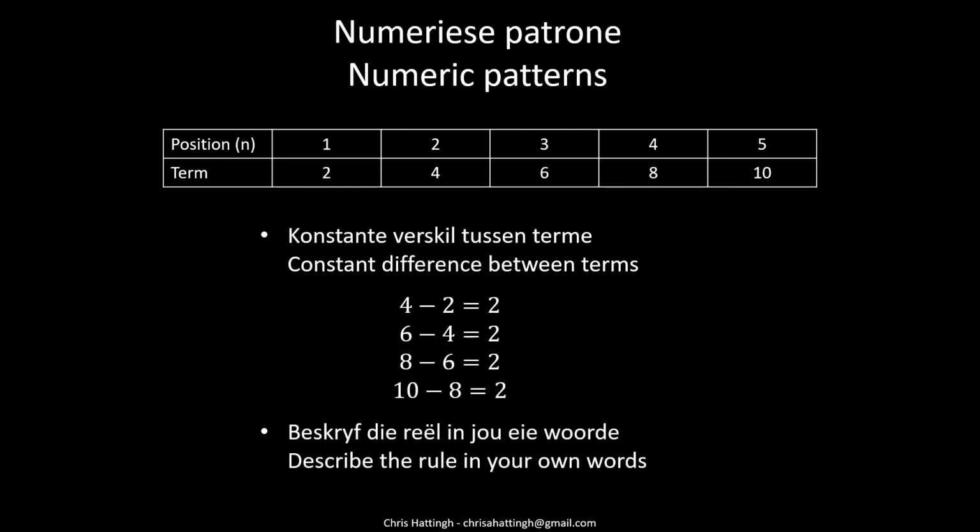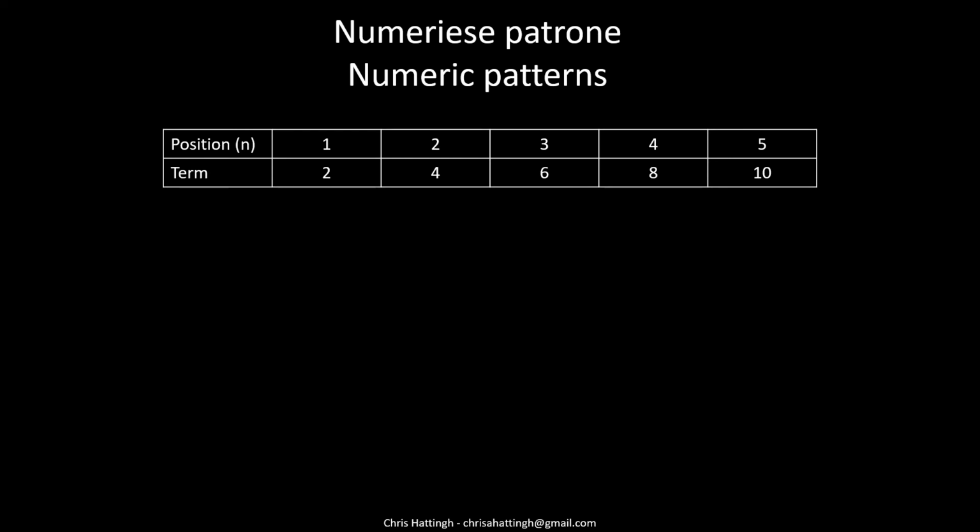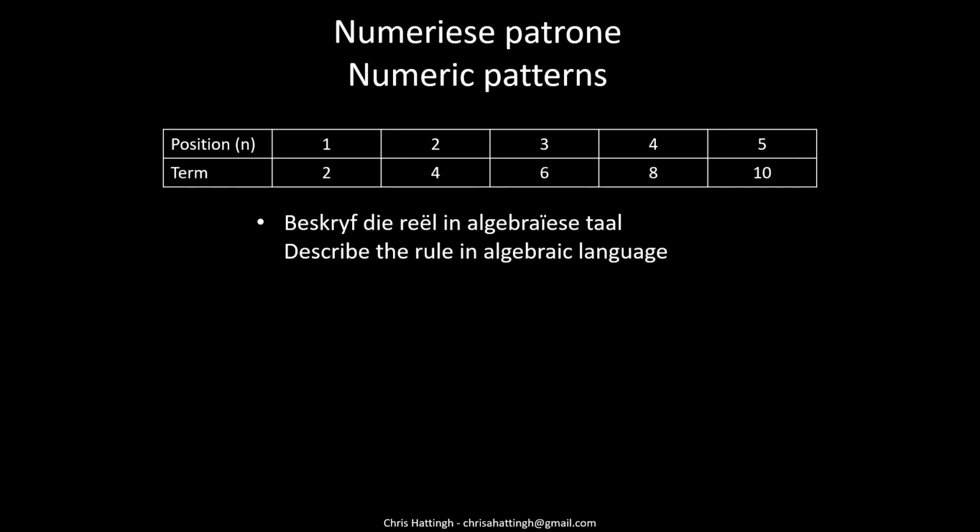Now you need to describe it in your own words. If you look at the example, what is happening? You're adding 2. For each consecutive term, you're going to add 2 to the previous answer. Describe the rule